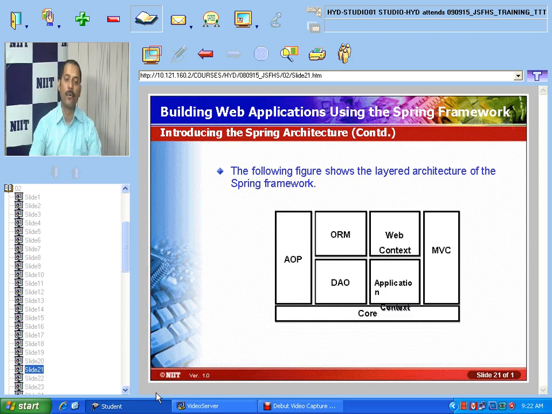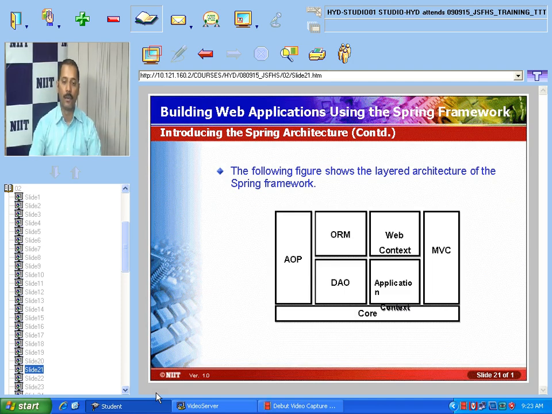Now starting with the ORM module. The ORM module is based on ORM tools, integrating with tools such as Hibernate. We can implement JDO or iBatis here. All these are different types of ORM tools, so we can use any of them. It is built upon the DAO module and provides an easy way to build DAO from ORM tools as required by the application.